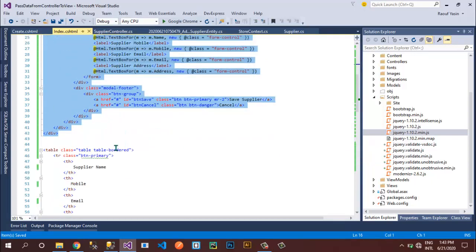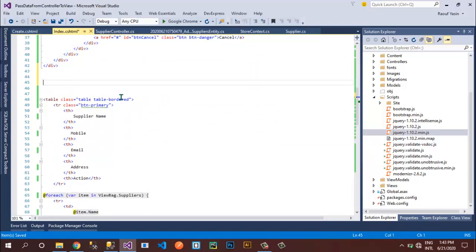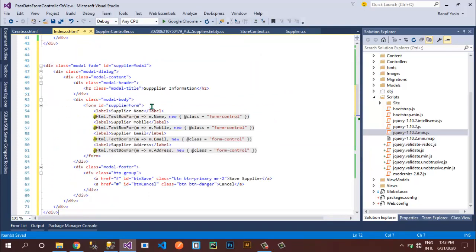I have already explained this in the previous video, and I'll change the ID a little bit. Instead of supplier modal, I will set it as delete modal. Okay, and then modal and confirm.